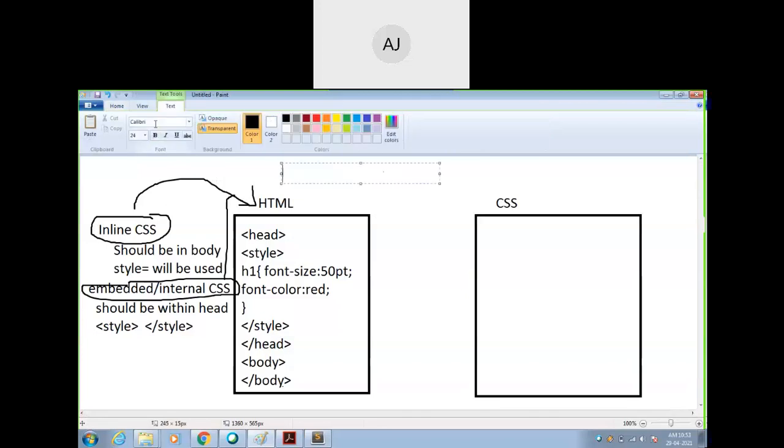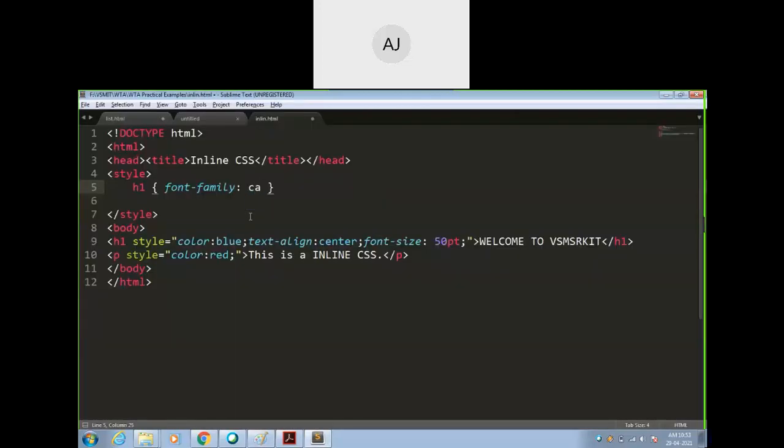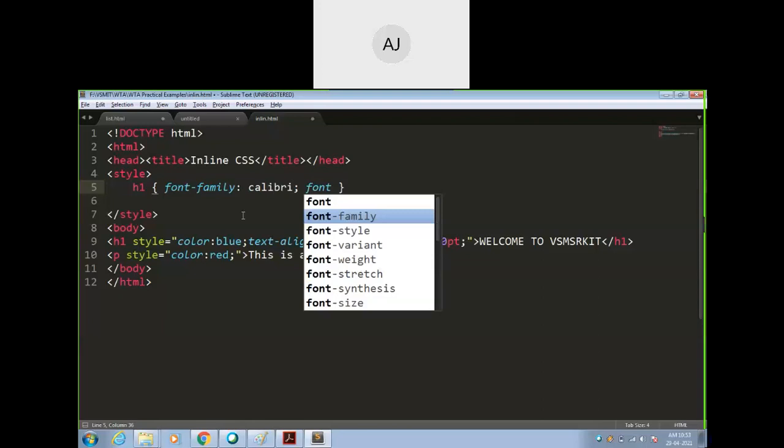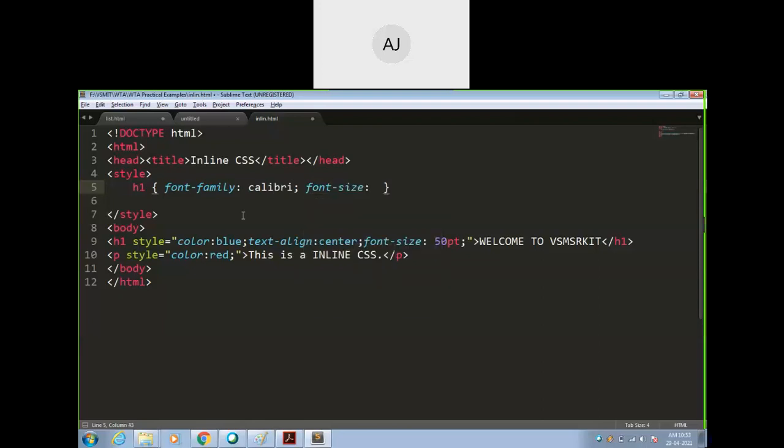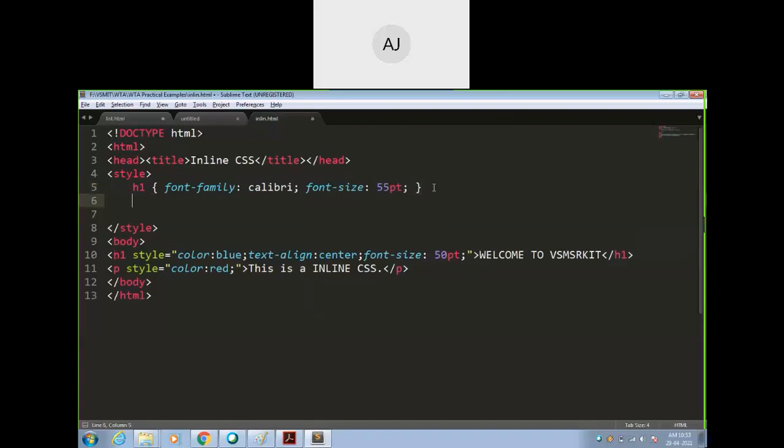So Calibri is the name. So we can give here Calibri. Okay. This is one. Then font size, I can give 55 points. Is it okay? So these are the two changes I have done.